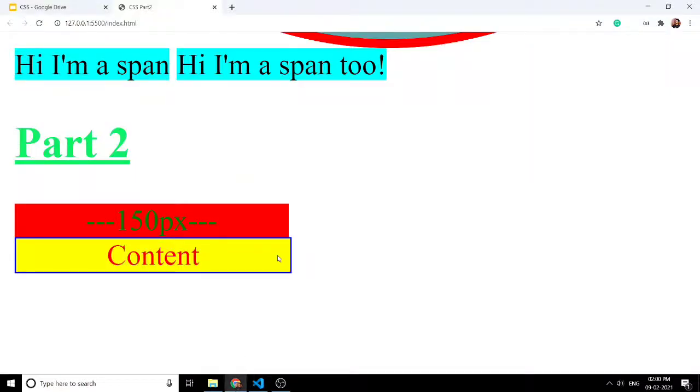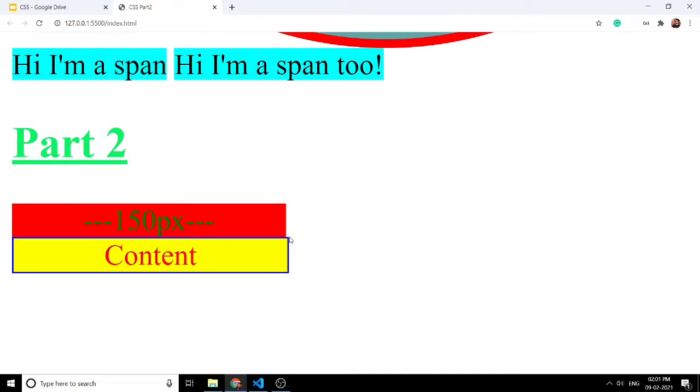So now you can see that our second div is slightly larger than the first one. You can see here. So why is that? It's because now we have a border. So you can say that we have 1 more pixel on this side, 1 more pixel on this side, and 1 more pixel on this side.